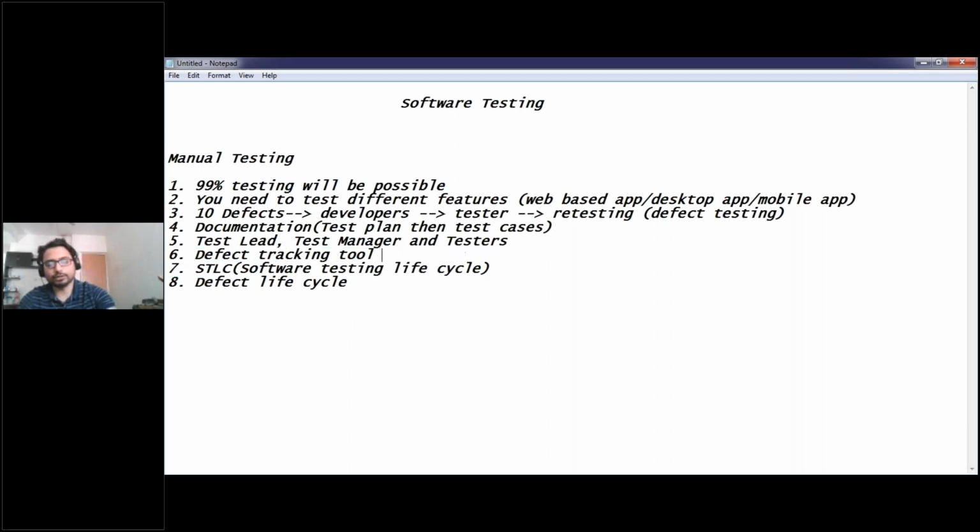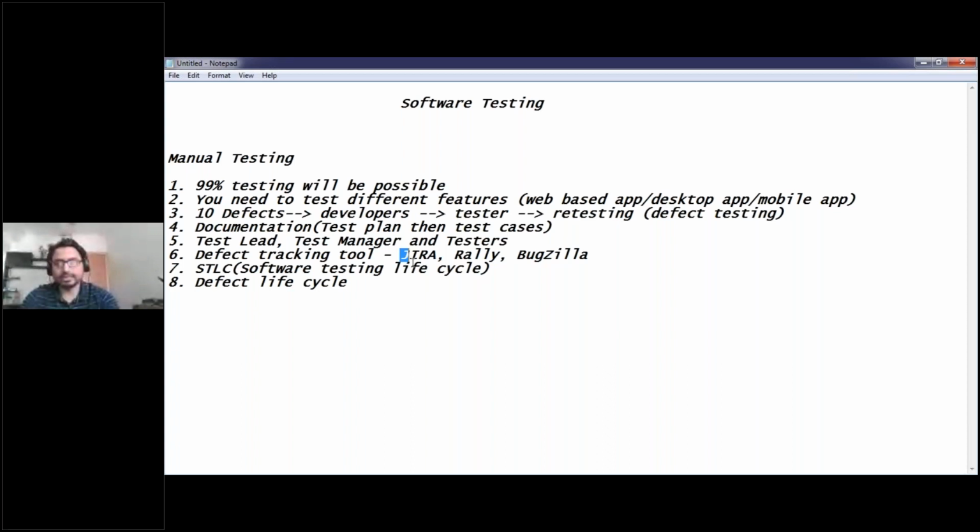One of the defect tracking tools is called Jira. Jira is owned by the Atlassian company. This Jira is a defect tracking tool which we use in our company. Most IT companies use Jira. Others are Rally and Bugzilla. These are the famous defect tracking tools used by different IT companies, but most of them use Jira. You can pronounce it as per your convenience.